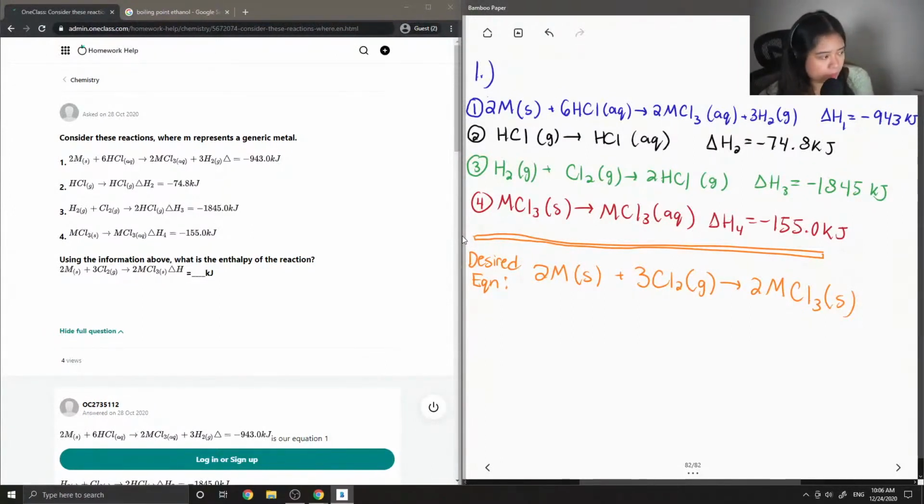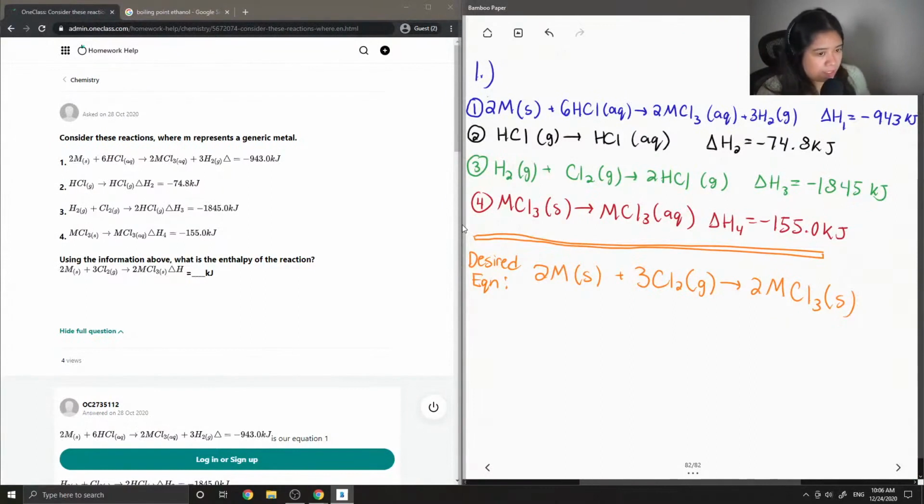Okay, so at some point, we want our 2M solid to stay the same because it is still in our desired equation. So I know I don't want to tweak the first equation at all, but I want to cancel out